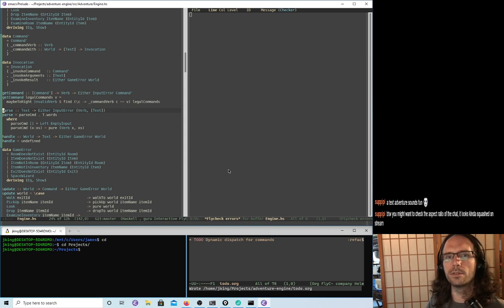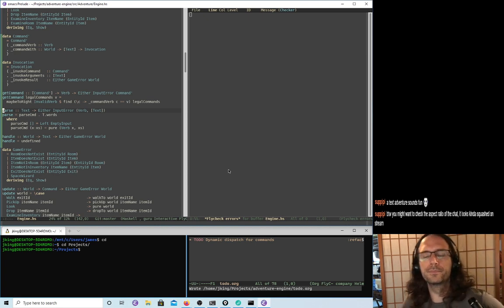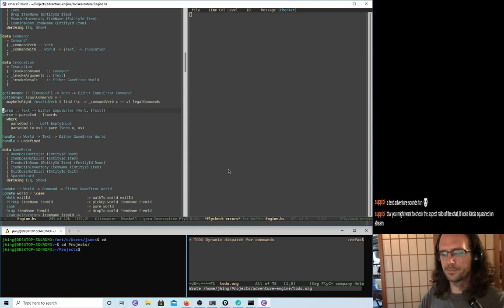Yeah. Okay, so now I think we have enough to implement our handle, which will combine the idea of parsing the text parameter there into the verb and arguments, looking up, getting the command, and applying the command to those arguments to get an invocation. So we need a place to get that list of commands. So let's,